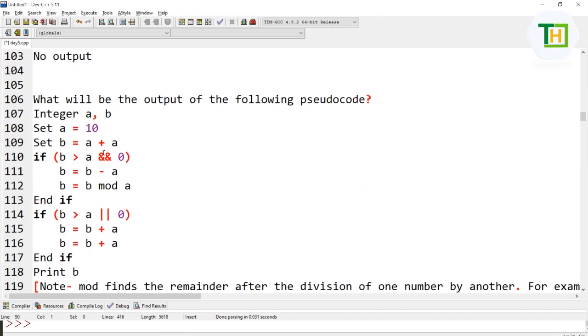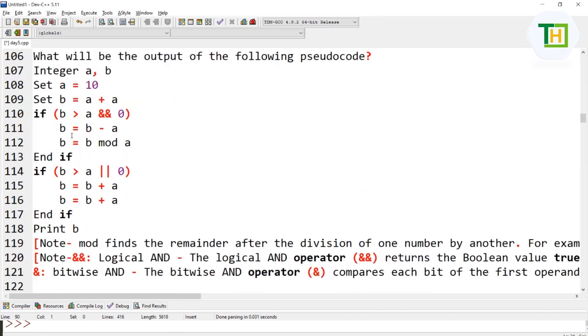What is the output of this pseudocode? A value is 10 and B value is 20, because B is equal to A plus A. Then, is B greater than A? Yes, it is true, and